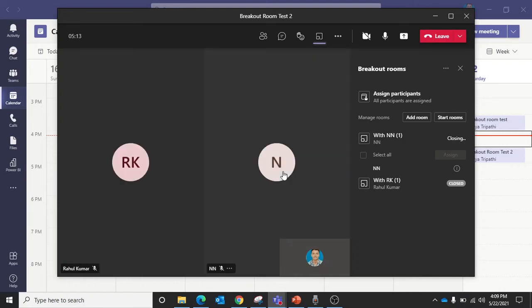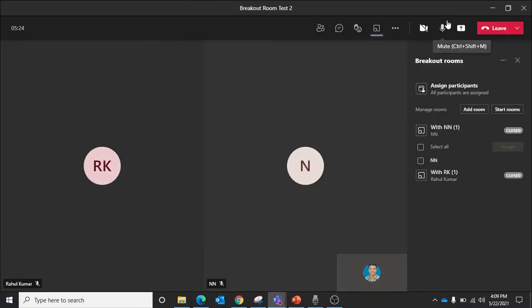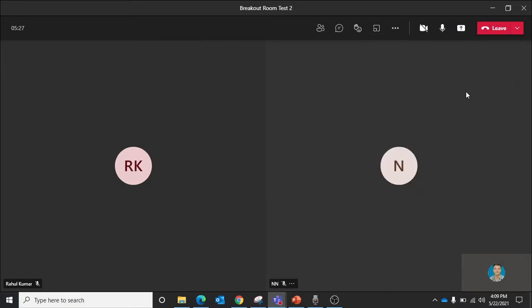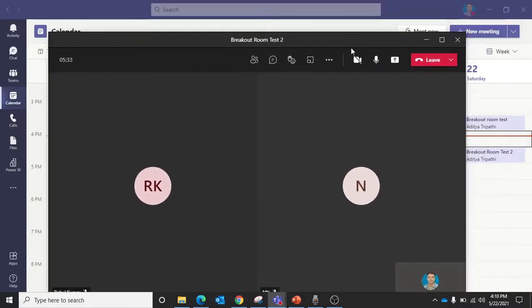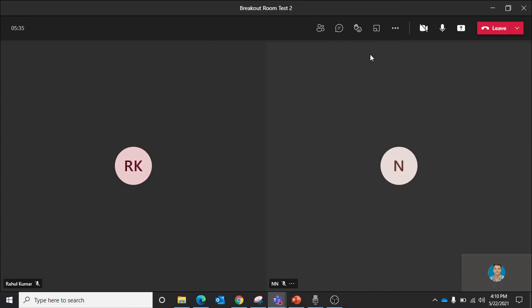Now, one thing I was talking about when I was on the PowerPoint slide was how do you know if you're in a new meeting experience or not? Whenever you click to join a meeting, you get a separate window like this, which is different from your Microsoft Teams, and you get these options on the top. If these tabs are not available on the top and they are still visible to you in the old format like here, then you know that your new meeting experience is not working properly, even though new meeting experience is embedded to Microsoft Teams by default.